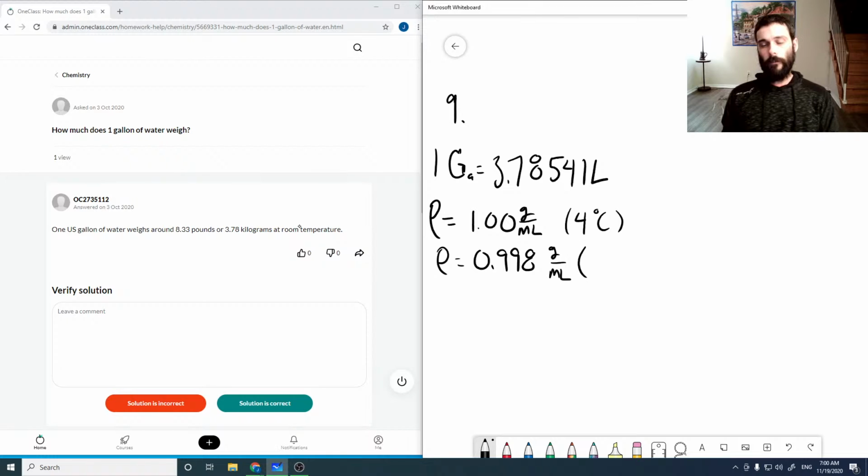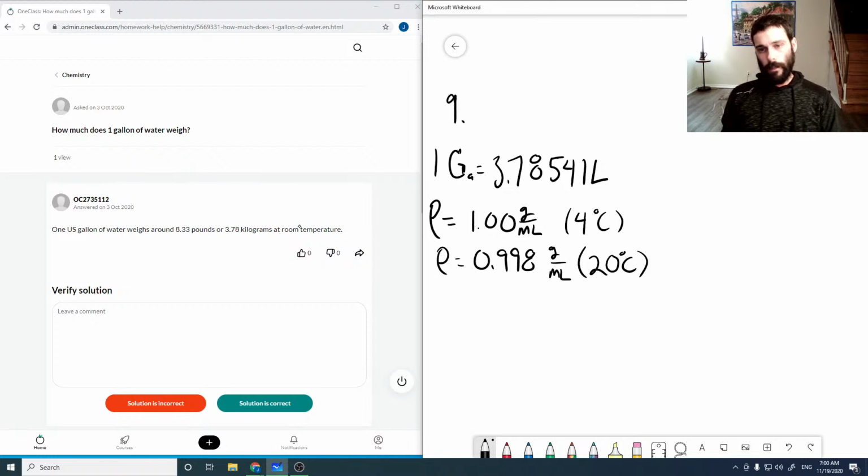Now, obviously, with the number of digits I have there, they're actually the same number, but a little lower at 20 degrees. So depending on what temperature your gallon's at, you're going to get a slightly different mass. So if we use the 20 degrees Celsius value,